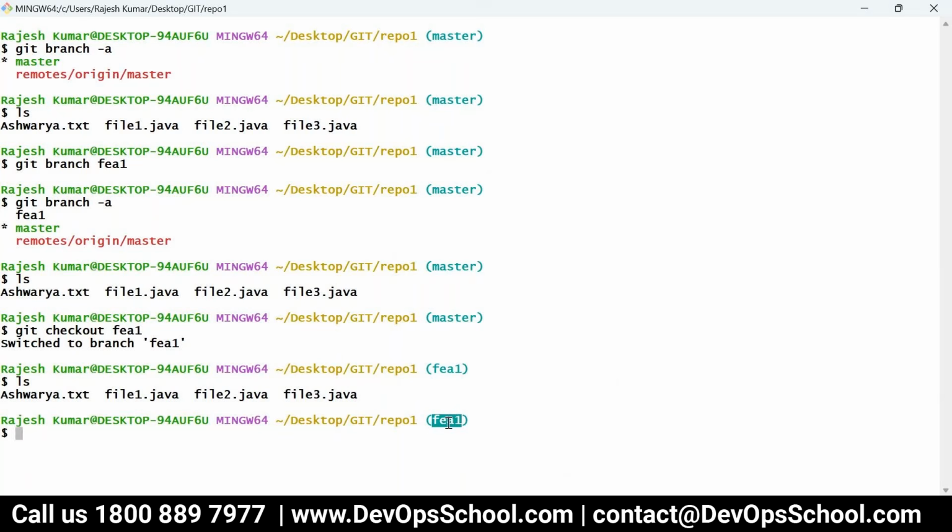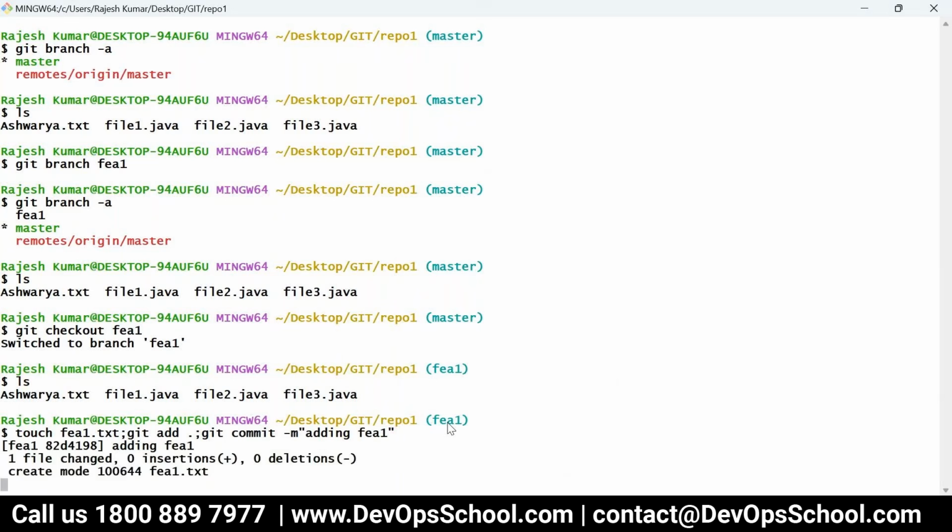So I need to do some commits. One of the techniques I use is a shortcut: create fee1.txt and run git add . all in one command, adding fee1. So this is the one commit I made.